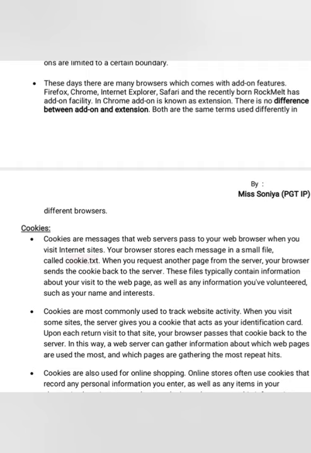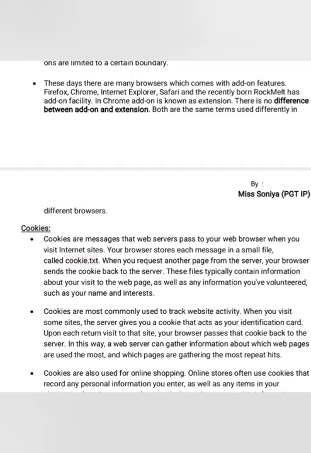So this is done by using cookies, because when you searched the first time for that particular mobile and opened several websites, those web servers created a file related to your IP address, containing your IP address, your interest, and what you searched, and sent it back to the browser.